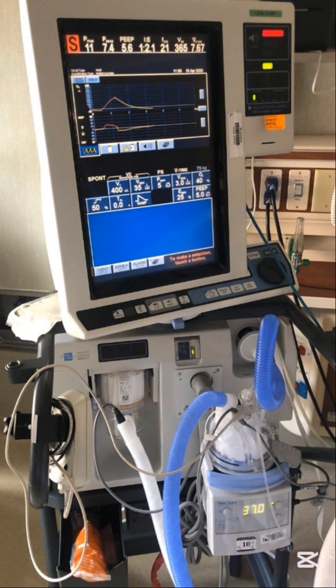So we have to keep in mind the two main things for basic understanding: in the volume control, tidal volume is fixed, that is delivered by the machine, while the peak inspiratory pressure can vary depending on the patient's lung compliance. While in the pressure support, the machine is delivering a constant peak inspiratory pressure, while the tidal volume can vary depending on the patient.